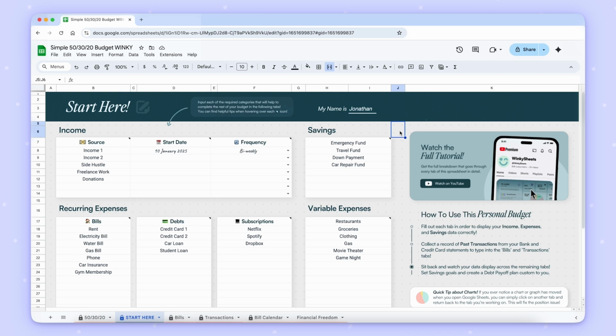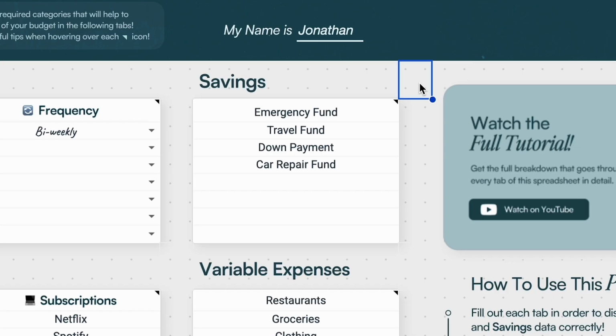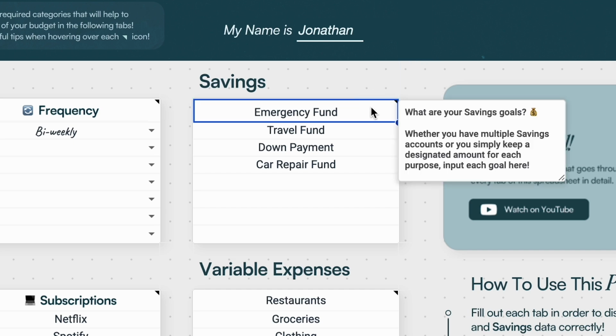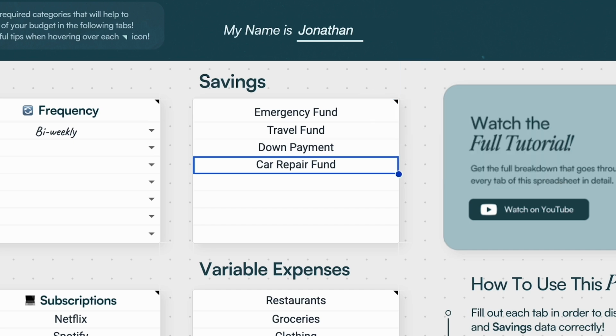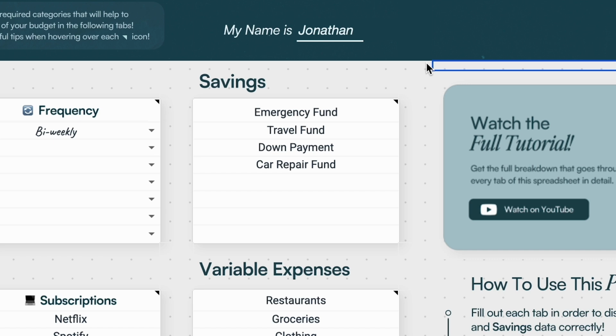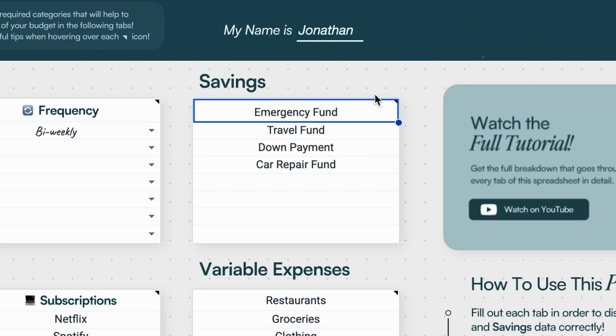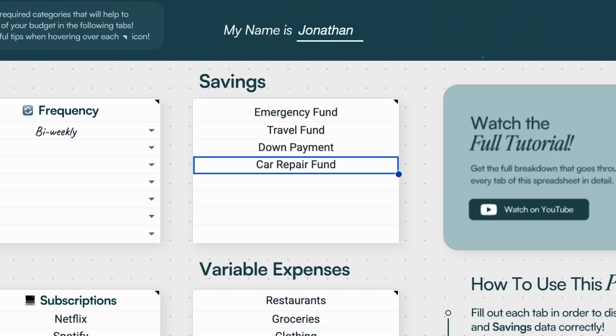Now moving on to the savings column, we're going to enter any of our savings goals that we're trying to reach. If you're like most people, you may not have 4 different savings accounts. Think of this section more as the different goals that you're trying to reach for your savings. Maybe you're trying to save up for a down payment for a house. Maybe you want to have money set aside for traveling or for car repairs when those come up. We're going to enter each of those savings funds here so that we can measure how close we are to